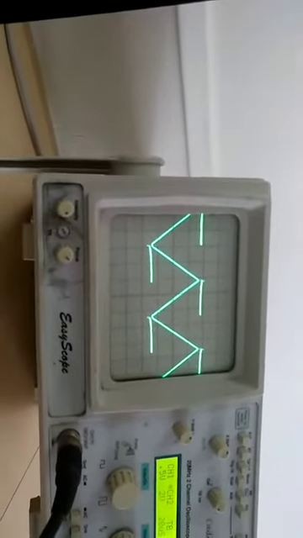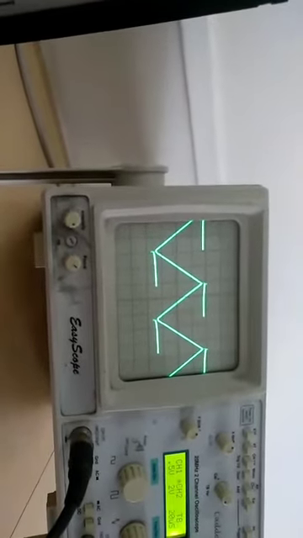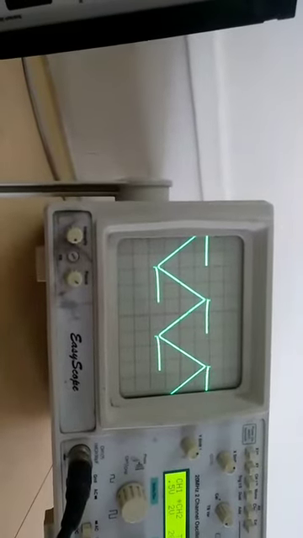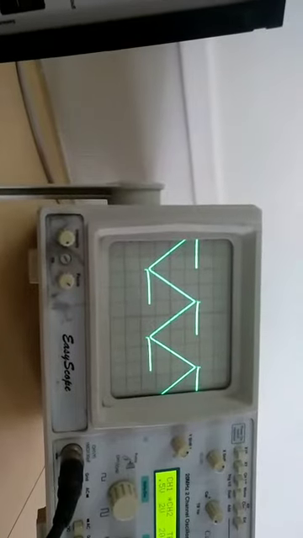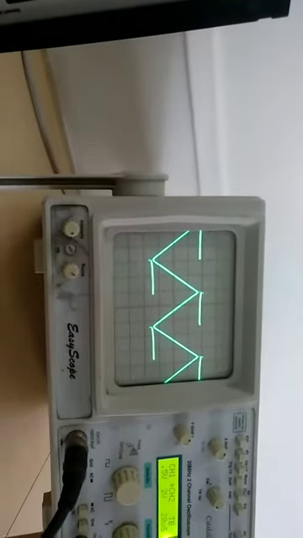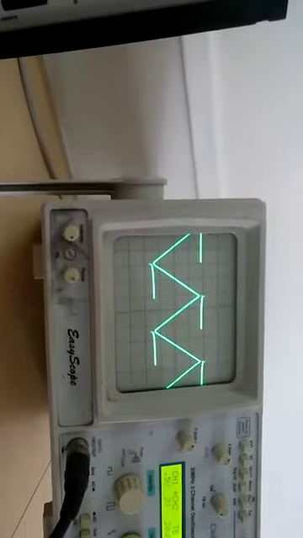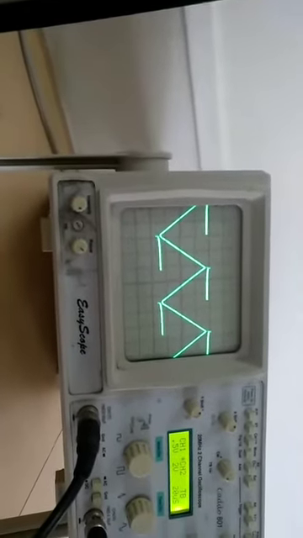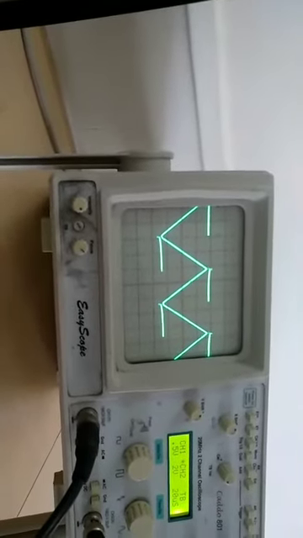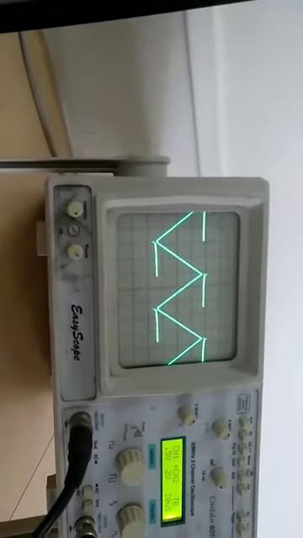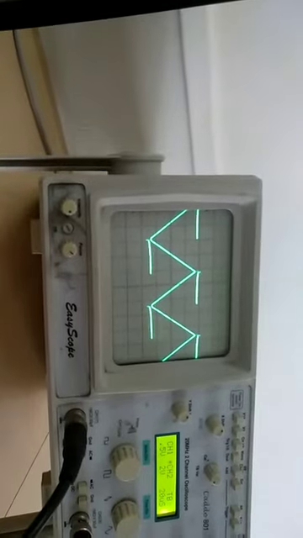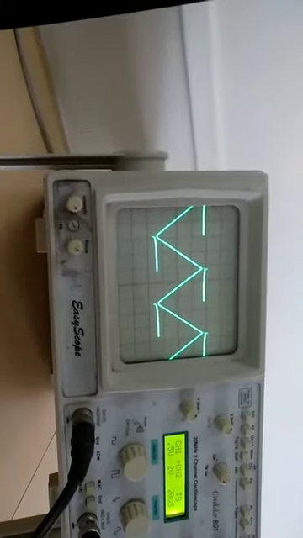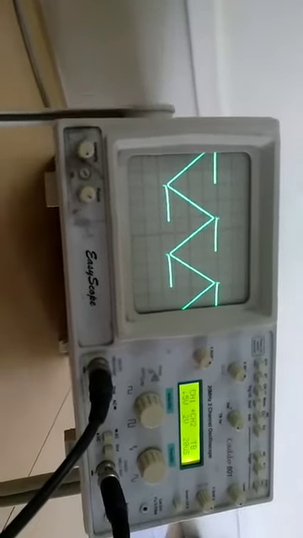In the theory lecture, we had covered the theory related to this. That is, when we provide any input to the integrator circuit, the integration of the input signal is the output at pin number 6. So here we need not take any reading. We are just observing and noting down what happens if we provide a sinusoidal signal, then we get a triangular signal as an output. This is all about the integrator circuit.